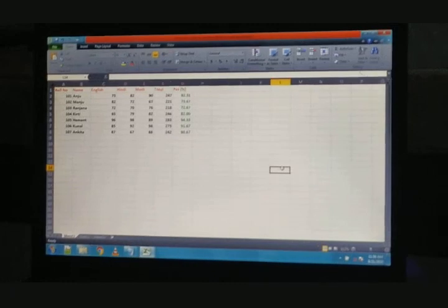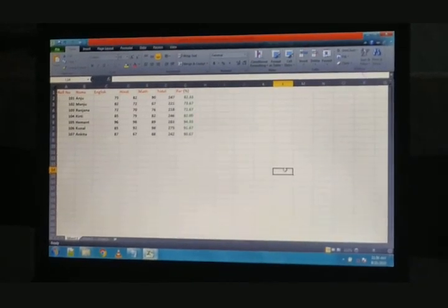Students, this is an Excel sheet that we created in the previous class, and this is a student list of their marks. This is roll number, their names, their marks in English, their marks in Hindi, maths, their total, and this was the percentage. So we can sort this data according to their English marks, Hindi marks, maths marks, total, name, and percentage. But we can sort the data by using one particular field.